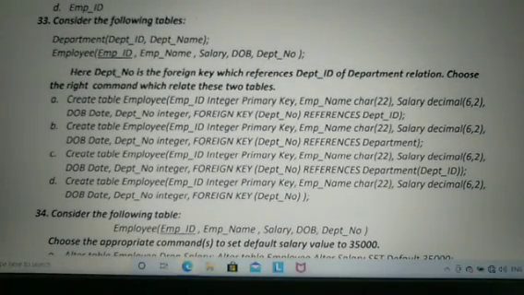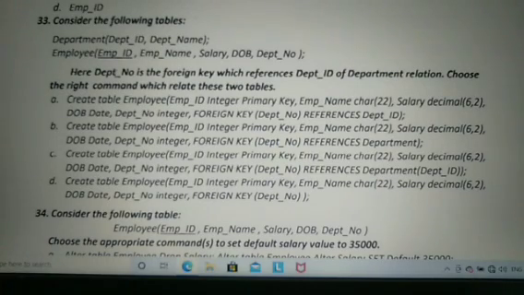Consider the following tables. So go through the tables. Here department number is the foreign key which references department ID of department relation. Choose the right command which relates these two tables. So from these four options, option C is the correct option.